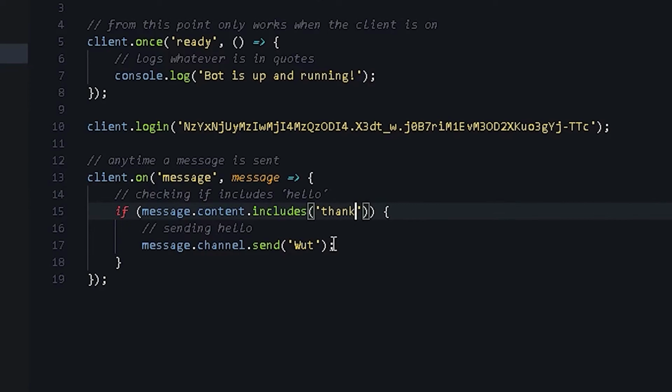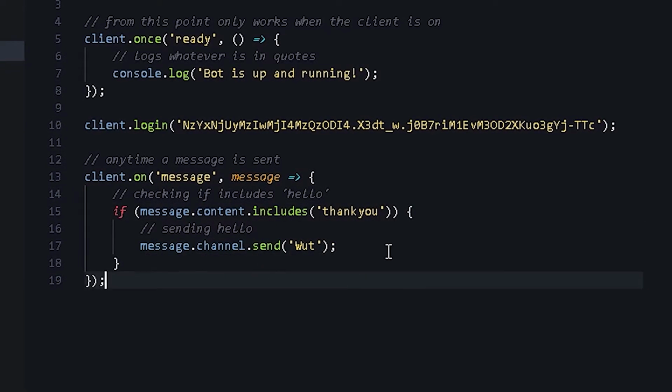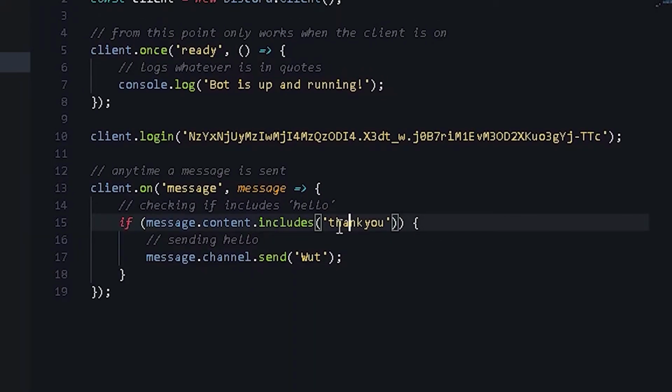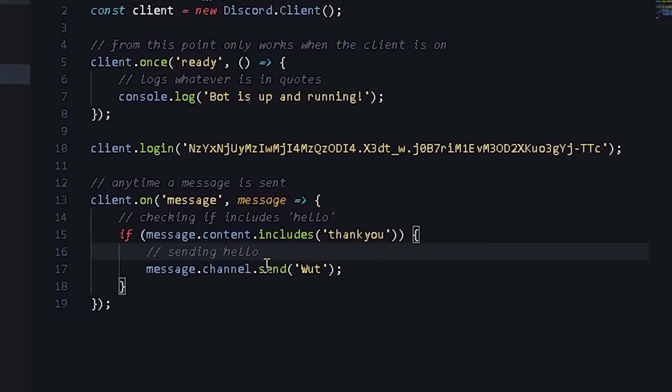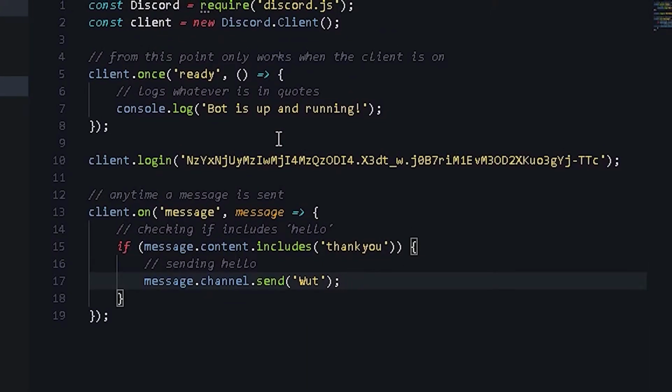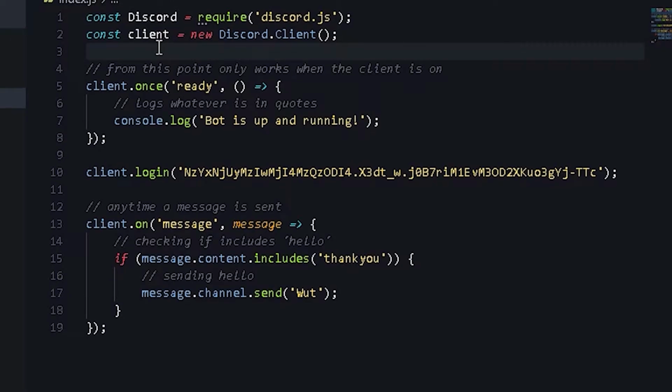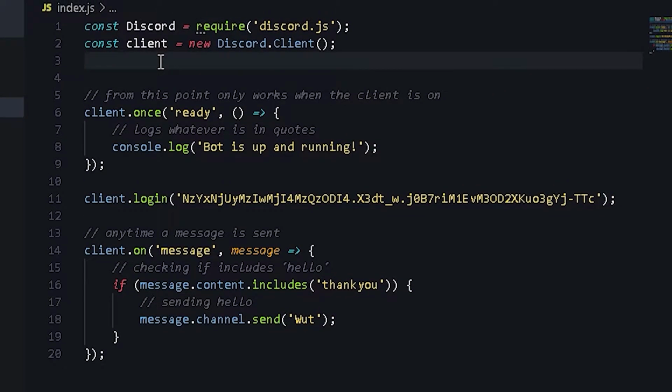Let's do thank you. Alright, so if message includes thank you, we want it to give a randomized output. First we want to come up here, make a new line, and type const, and now you put in the name of the variable. You've got to know what this name is, so we're just going to do thanks. That's what the variable is going to be called. Then we're going to do equals,